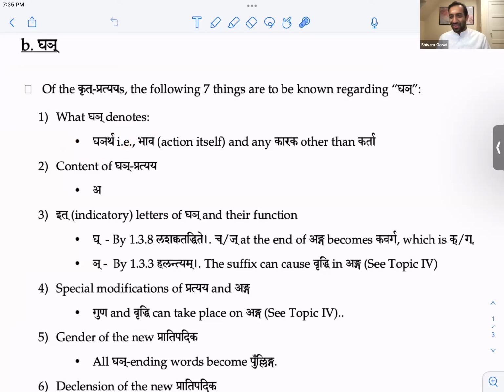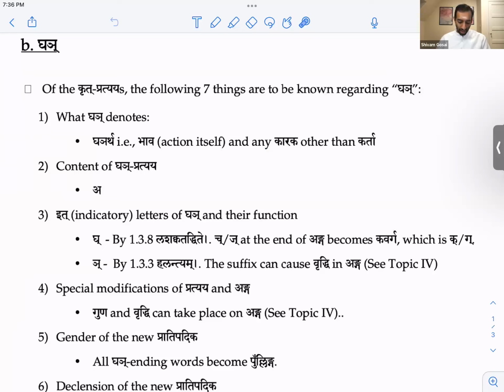So there's those that have the meaning of Ghañ, but really what it's trying to say is it denotes bhava, the action itself, and any other karaka, but not karta. Okay? So we see this often. It's in the bhave section because it shows the bhava, but it can also be connected to any other karaka. So it can be kartari, karane, etc. Right?